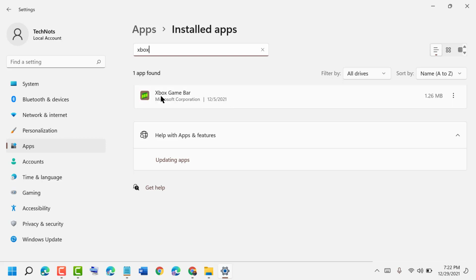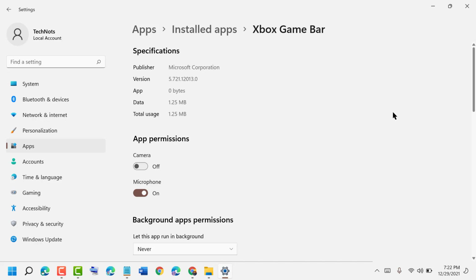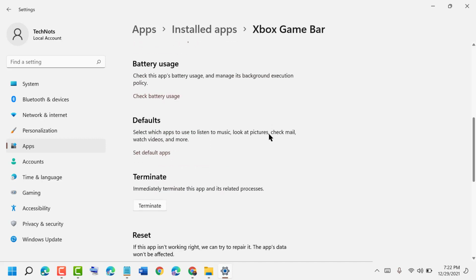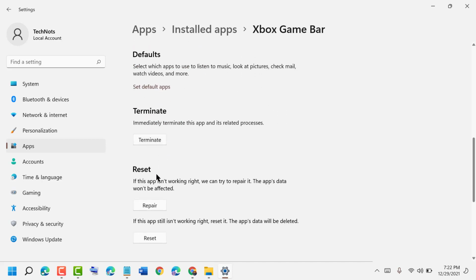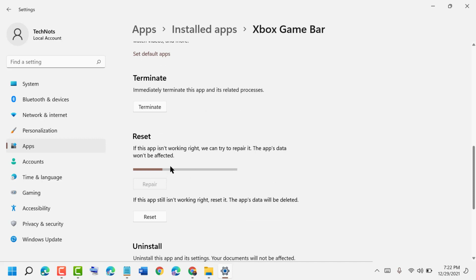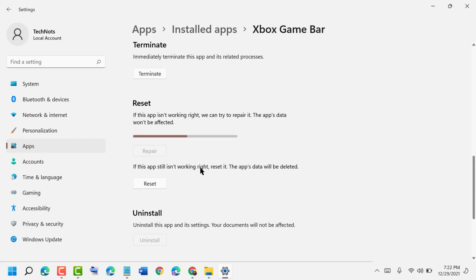Now guys, this is the Xbox Game Bar. Click on these three dots, Advanced options. Now if it's not working, you can repair or reset. So try one by one. It will take some time, so continue and wait till this procedure